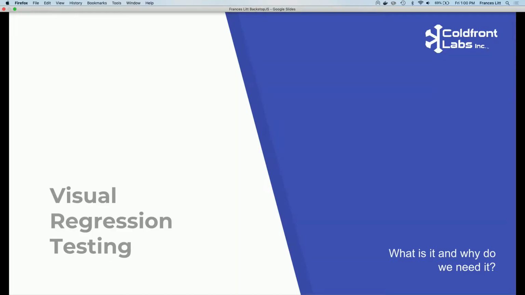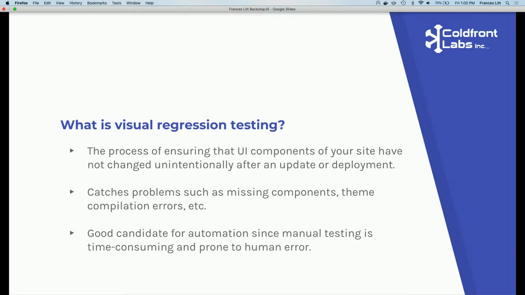Since we're talking about visual regression testing today, I wanted to briefly define what that is so we're all on the same page. We're going to start with what is it? It's the process of making sure that the UI of your website hasn't changed unintentionally after an update or a new deployment. Performing visual regression testing is a way of capturing or finding problems such as